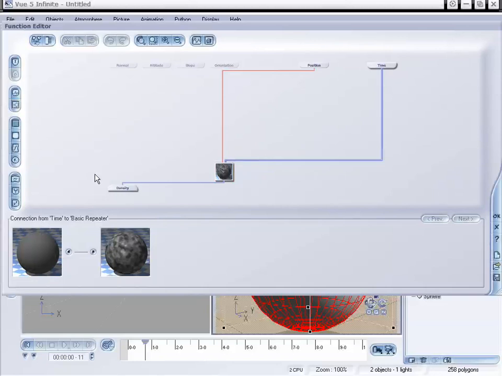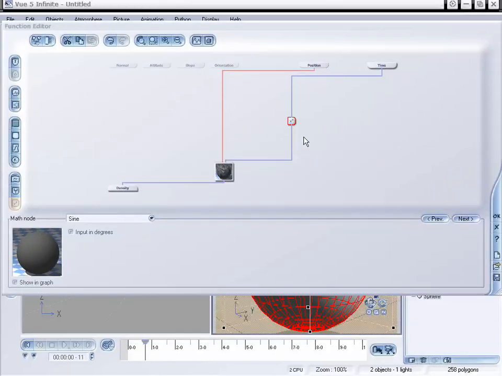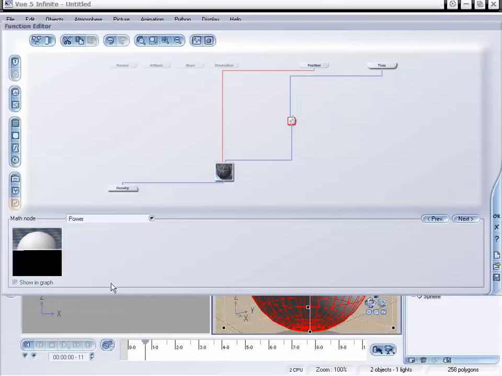Select this line, and we're going to add a math node. And right now it asks if we want it to be animated, and I'm going to select no, because I'm not on frame 0. And actually, when I get out of this function editor, I'm going to go back and change this to frame 0 so we don't have any major changes. But I'm going to select this math node we just added in here and change it to power. And by changing this to power,